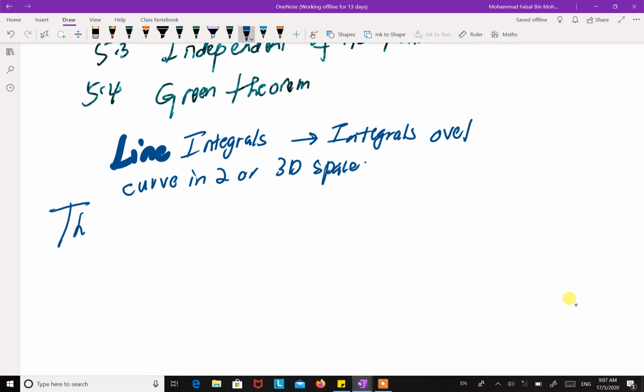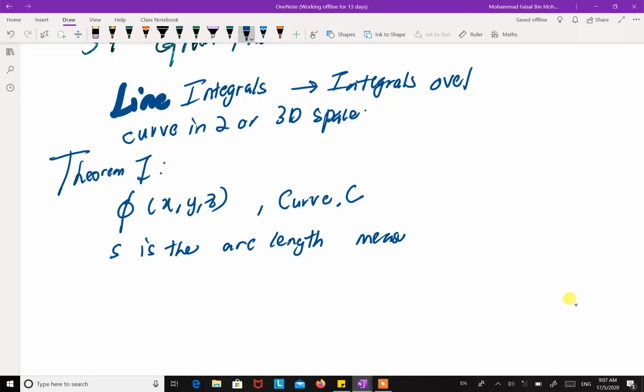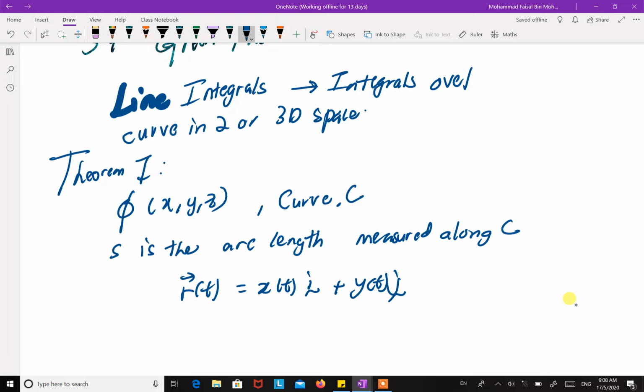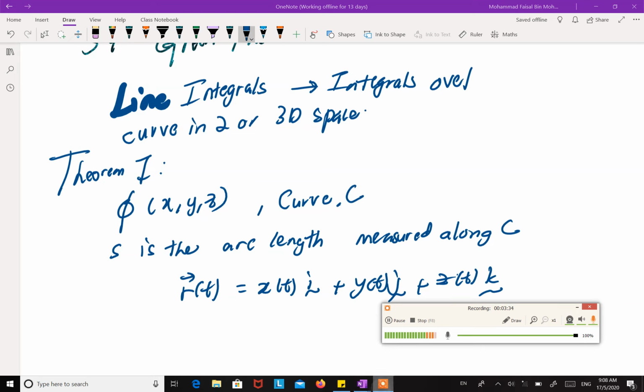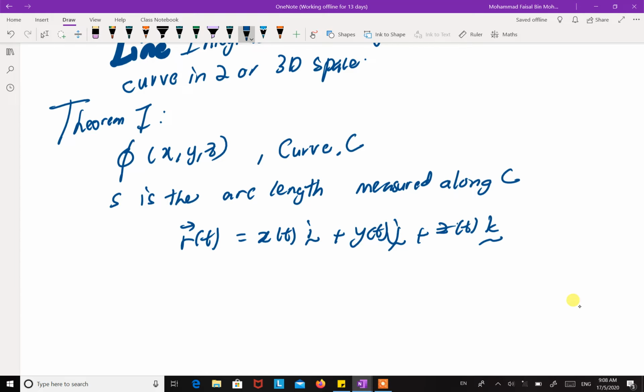So theorem 1. Suppose phi, a function of x, y, z, is continuous over a smooth curve C, and s is the arc length measured along C. If the equation of the curve in vector form is r(t) equals x(t) i plus y(t) j plus z(t) k, then